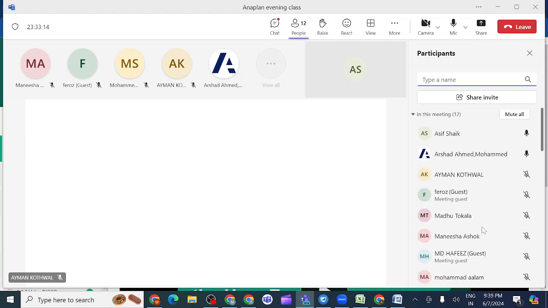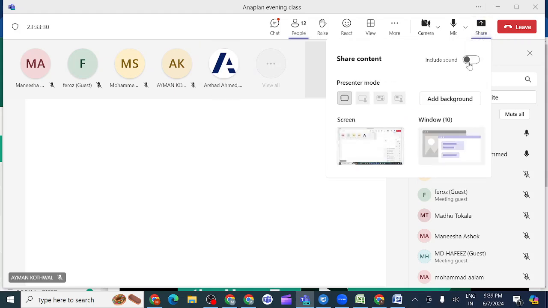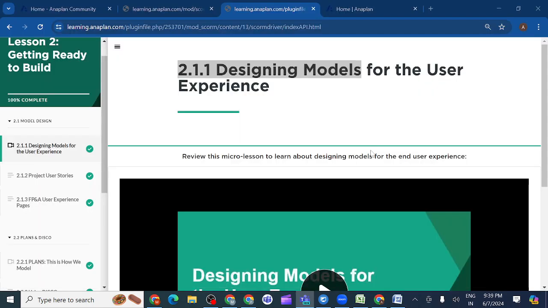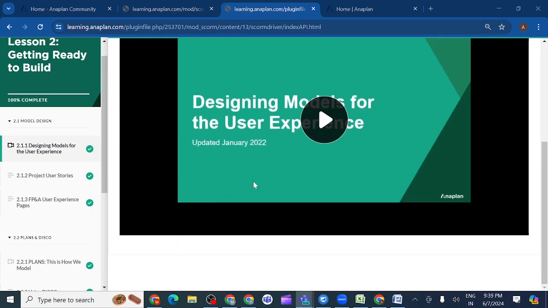So today we are going to cover PLANS and DISCO rules. What do PLANS and DISCO rules mean? These are the guidelines to build the model, generally. If you build the model without following these PLANS and DISCO rules, what happens? It doesn't give a good optimization model, or it decreases the model performance if you don't follow these PLANS and DISCO rules. So you can see here what PLANS and DISCO rules we have.